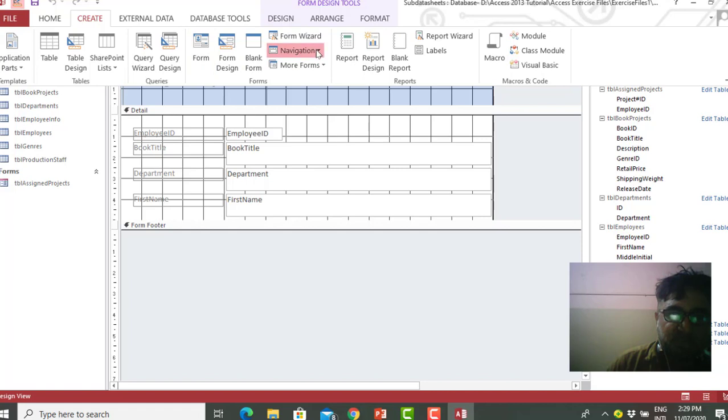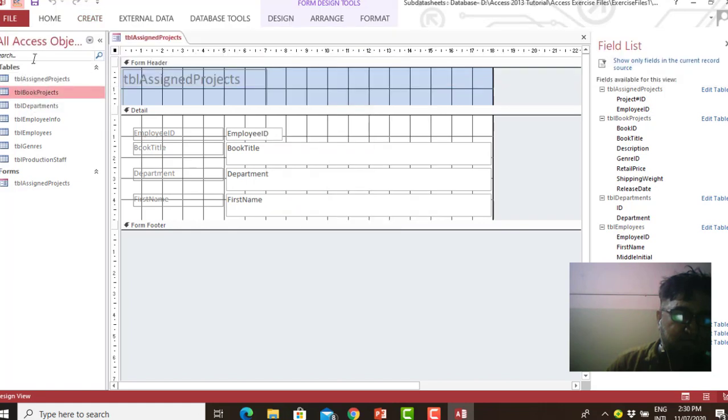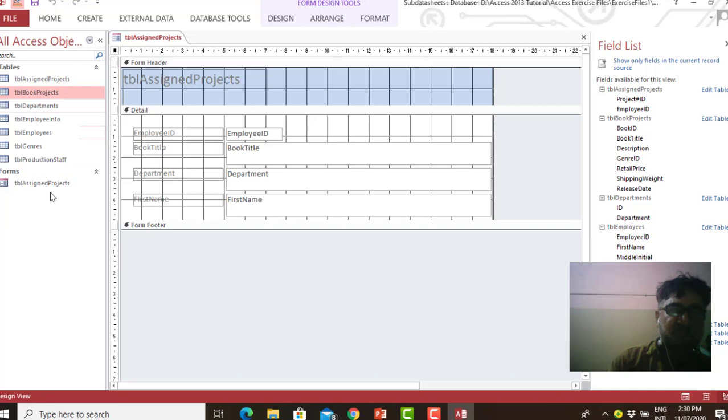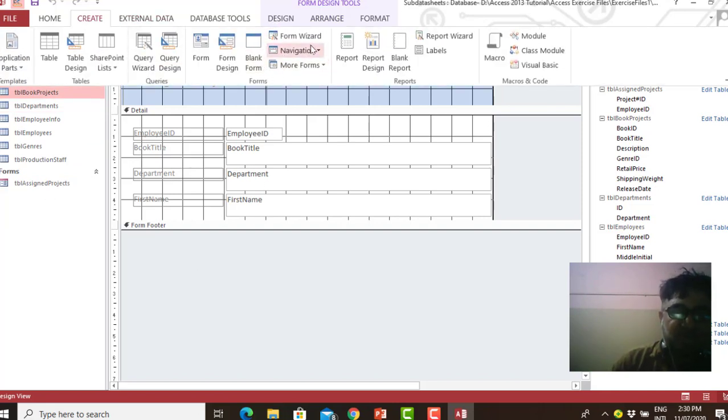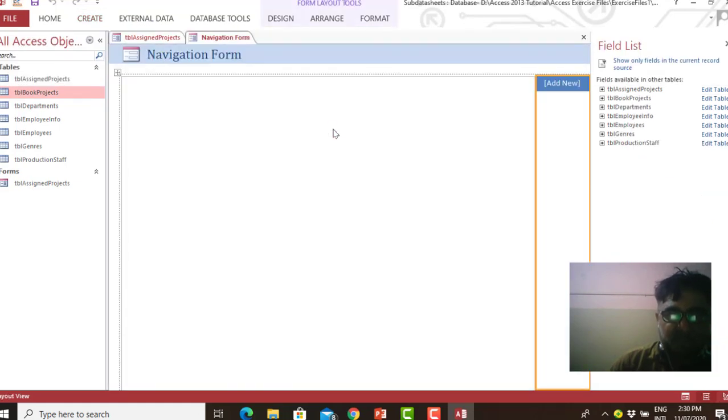Here you can see it is given a navigation horizontal tab, vertical tabs left, vertical tabs right, horizontal tabs two-level, whatever is available in this navigation pane, we can select that in the navigation form. Vertical tabs right, these are the tabs.